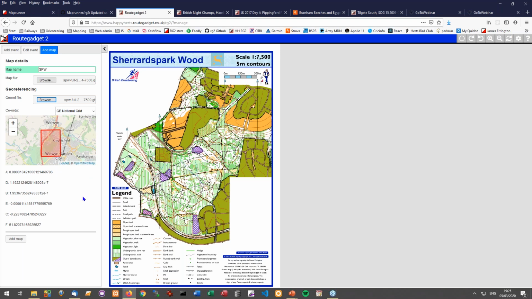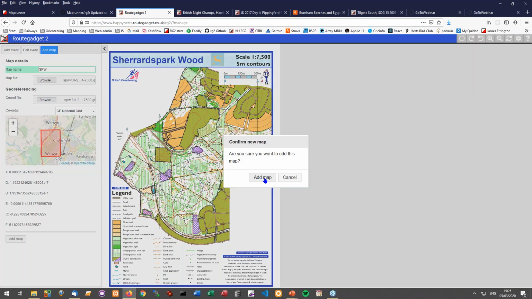got the right georeferencing. This was done by Matt Pickering, who just out of the blue sent me some code saying, hey, why don't you add this in, because it'll stop people making the mistakes they're making. So this is an example of a little bit of extra code that's been dragged in from someone I knew nothing about and I have managed to incorporate, which is really useful. So there's my map. I can add that one, and off it goes.